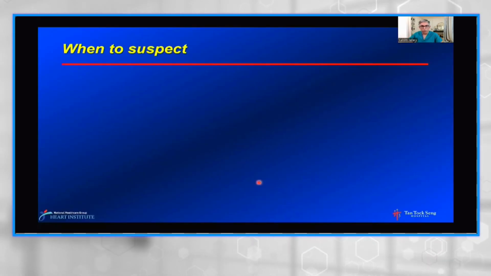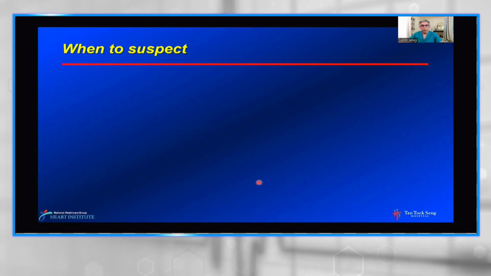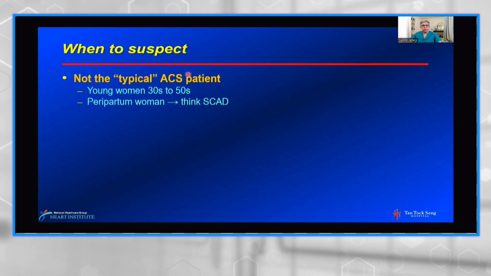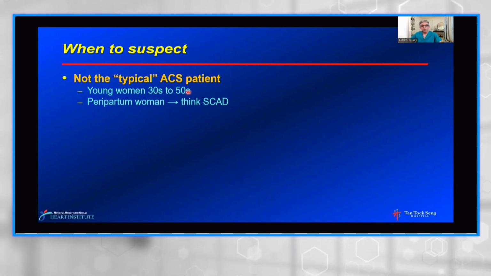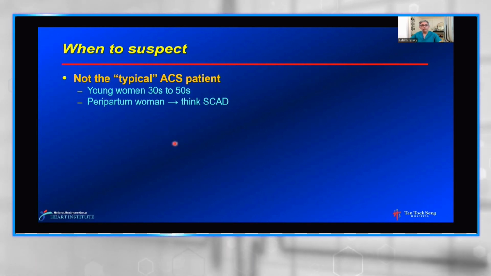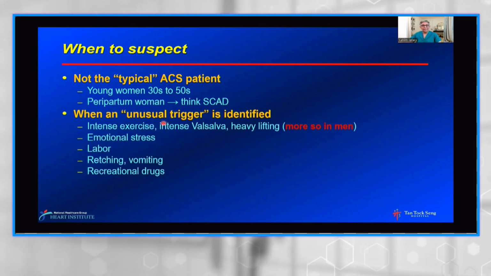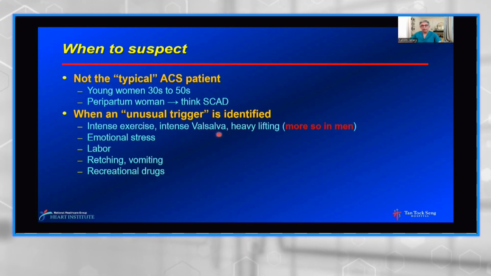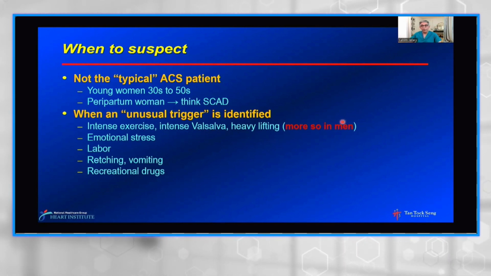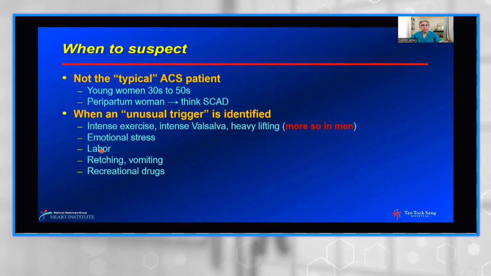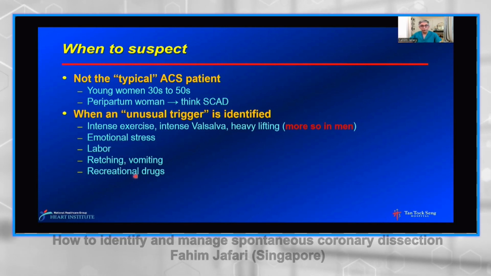Now, when do you suspect SCAD? There are a few situations where your antenna should go up and you should start thinking on the lines of SCAD. When you have not the typical ACS patient, young women in their 30s to 50s, peripartum women, think on the lines of SCAD. Think when you have an unusual trigger: intense severe exercise, intense Valsalva, heavy lifting, particularly in men where it's rare to get SCAD, but when they get SCAD, it's usually in this scenario. Also severe emotional stress, labor and delivery, retching, vomiting, recreational drugs like